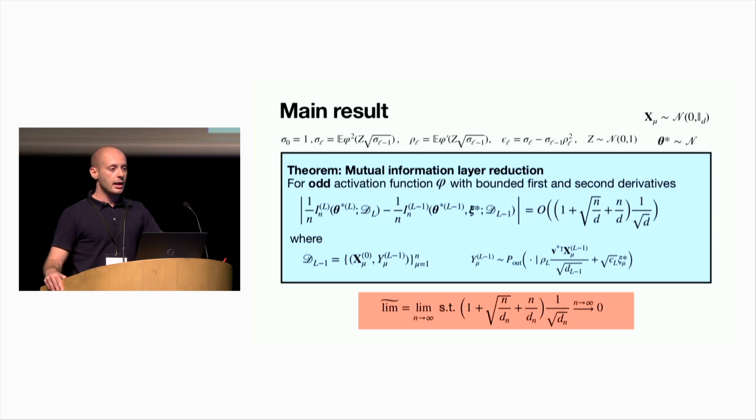These rho L and epsilon L are two coefficients that are perfectly analogous to the ones you have seen in the previous slide. And they are the endpoints of these recursions that you see on the top of the blue box here. So this theorem identifies a natural scaling, which is the one for which this big O on the right-hand side of this control vanishes. And it clearly covers the proportional regime, because if n is proportional to d, this vanishes thanks to the 1 over square root d factor at the end. And it does even a little bit more. We can take n up to d to the 3/2 minus something, let's say, minus delta.